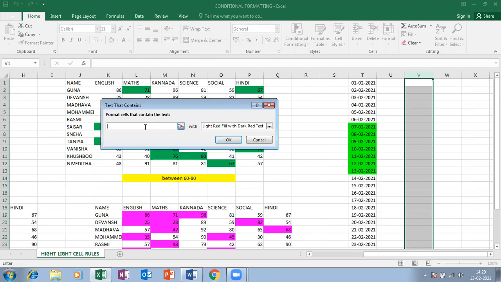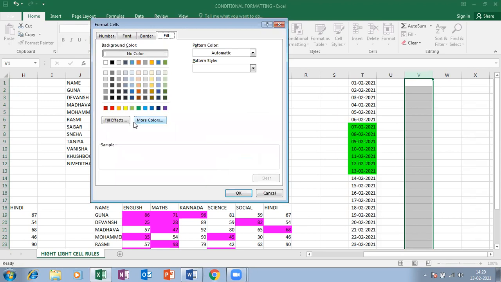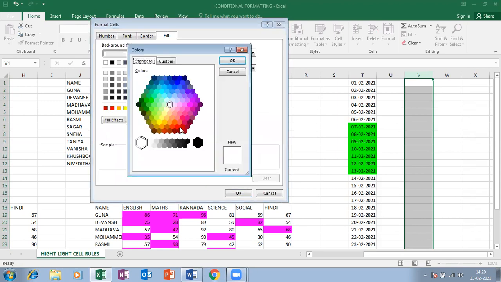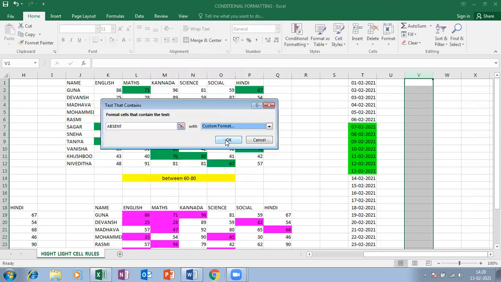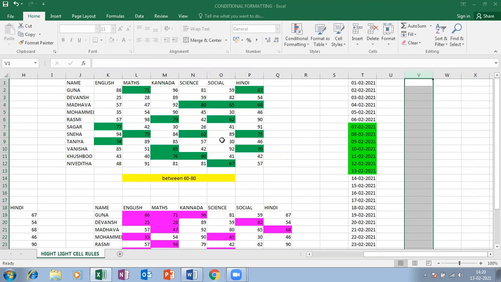Here you enter whatever text you want. Absent, click custom format, more colors. Absent is red color. If I enter anything as absent in this column, it will be marked in red.